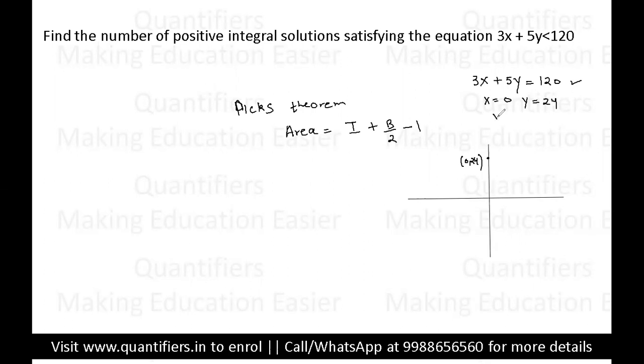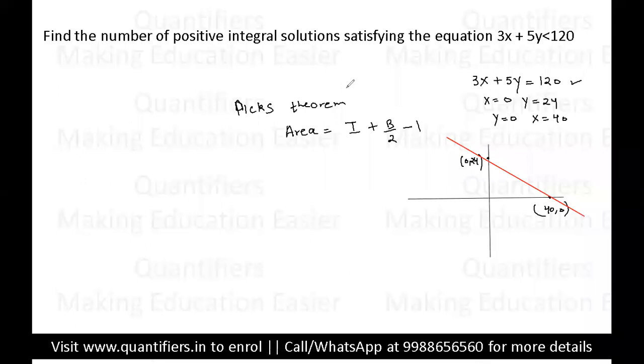And similarly, students, if I put y is equal to 0, can I say from here I'll get x is equal to 40? So यहाँ से हमारे पास एक और point आ जाएगा that when x is 40, y is 0. Now students, we have already got 2 points, right? And if I join these 2 points, I'll get a straight line. So the graph will be something like this, right?